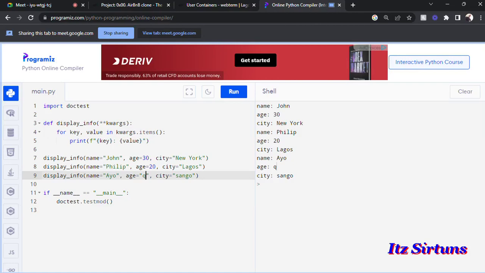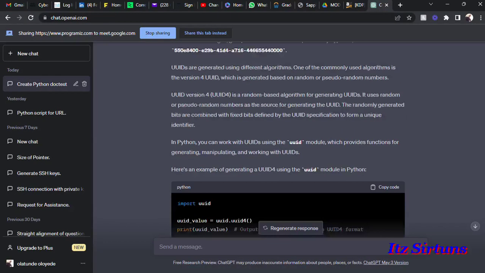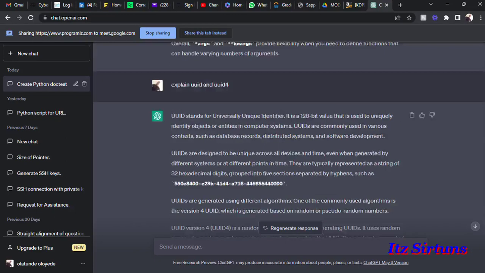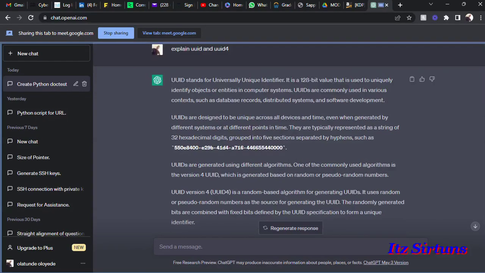Okay, the next thing I want to explain, I'll share another tab for you. It's from ChatGPT. Are you seeing my screen? Yes. Okay, so we'll talk about